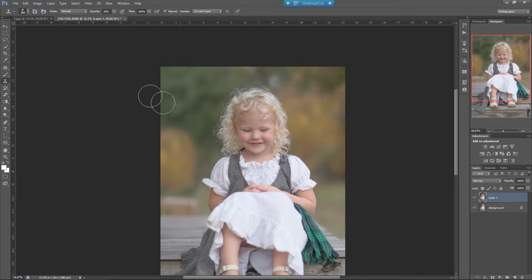Let's go maybe a little less opacity and just start covering this up. Start blending it in, basically, is what we're doing. And you can see I picked up a little bit of hair there. I don't want to do that. Control Alt Z will make you step